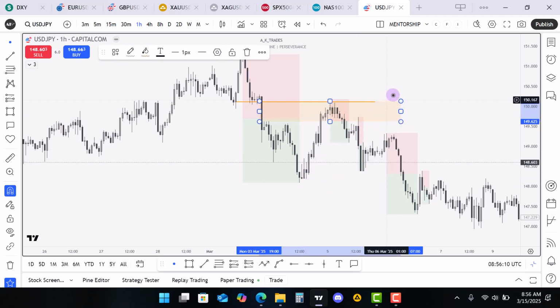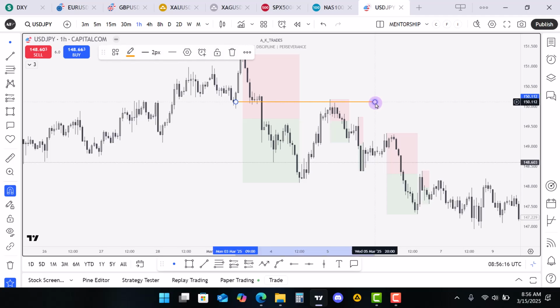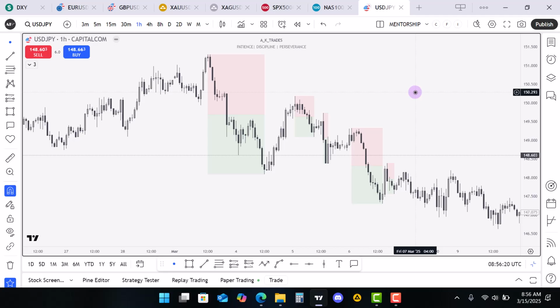Now, let me delete these marks and then let's concentrate on the next thing. I don't want the chart to become very messy. That is why I keep deleting these things. Okay, so what you find here is a dealing range inside a dealing range. Yes, a dealing range inside a dealing range. Now, these things, when you don't train your eyes very well, you will not be able to notice such ranges.